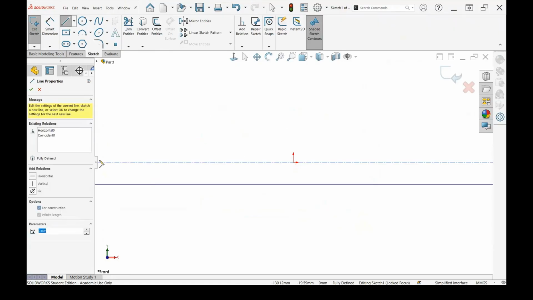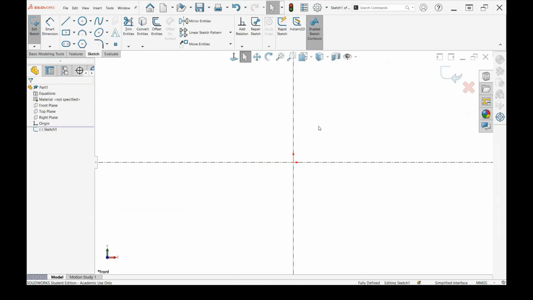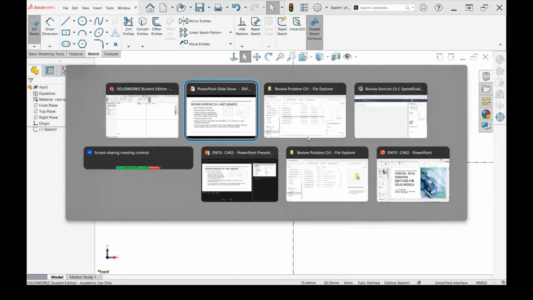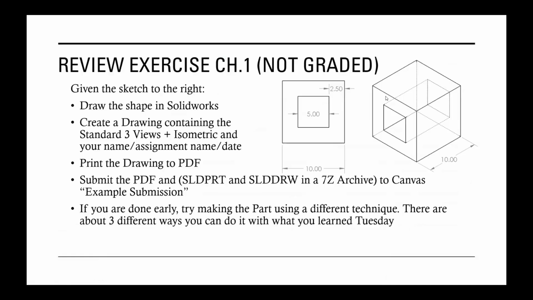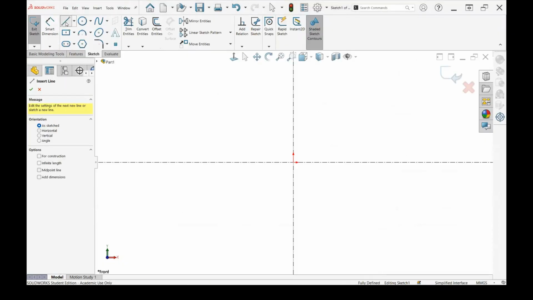And what I'm doing here is setting up some lines that I can use as mirror points, or I can see that the original square is symmetric vertically and horizontally. So what I'm doing is setting up those symmetric lines that I can use now.